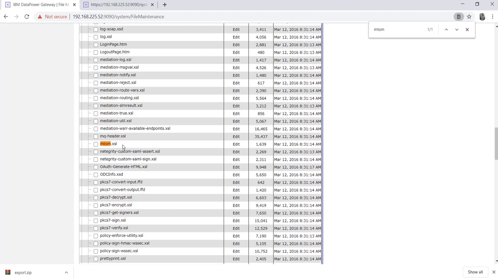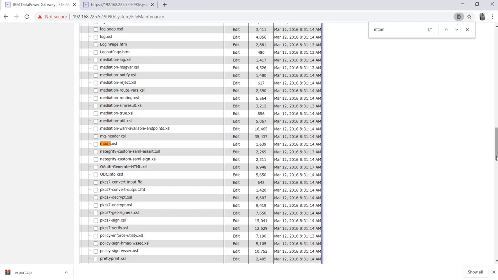It's not advisable to make changes in the default file, because if that file gets corrupted, then maybe DataPower will not behave as intended, and the mtom policy will not work as intended. So we should not make changes in any default file, and we should keep a copy of that file in a local folder and make changes there.